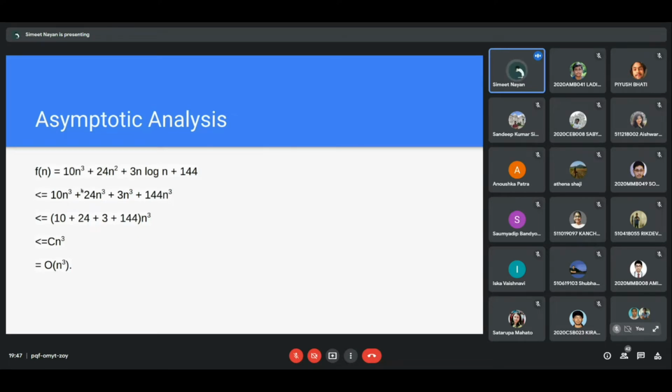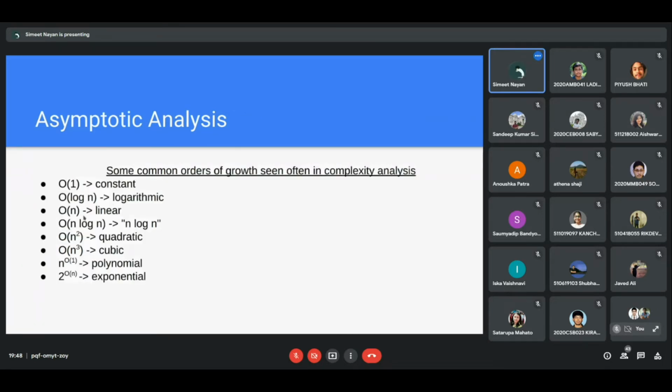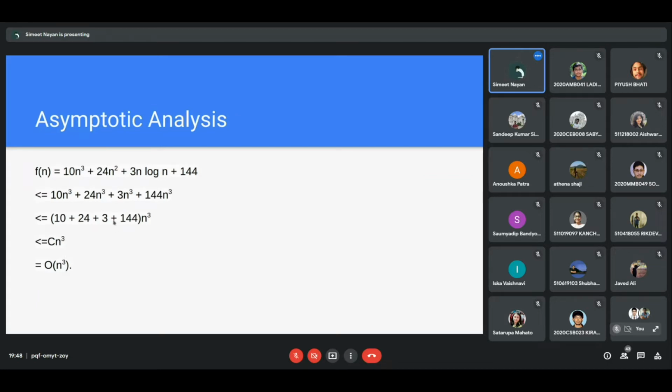This function will always be less than or equal to 10n cube plus 24n cube plus 3n square plus 144n cube, right? And we are replacing this sum with a constant term, something c, and we have n cube here. So this will be equal to this, and for the upper bound here we can replace c by